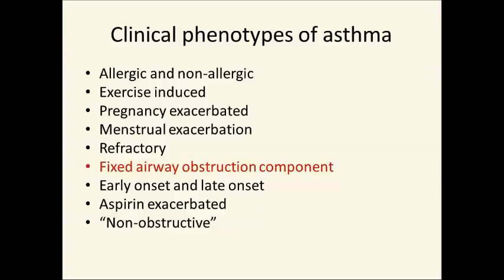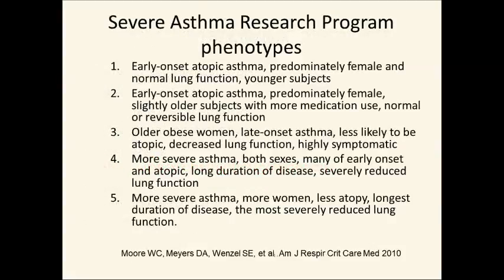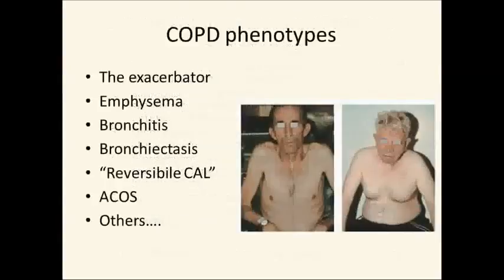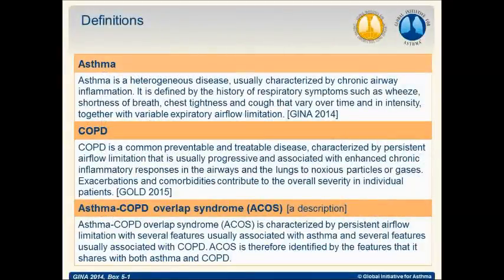So when you look at clinical phenotypes of asthma, like my patient that I presented, she's got a fixed airway obstruction component, okay? I'm not going to go through the other phenotypes, and I think Fan Chung has described the severe asthma research program, which tries to define this patient with severe asthma who have reversibility, eosinophilia, etc., but have a significant element of fixed airway obstruction, okay? And that's the asthma component of this ACOS, and then you've got the COPD phenotype that you've heard